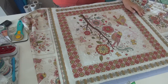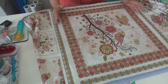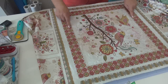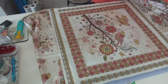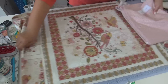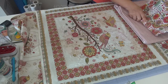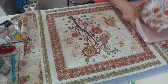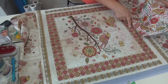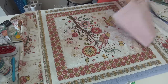Okay, on the panel for this particular quilt, for my fabric line Birdsong, the panel is a square, and we are going to bring it down a bit and just work with getting the first row of flowers. And then after that will be this pink strip next to it. And the reason why I think Wendy designed it like that, because I would probably have done the same, is that way when you have the edge of the star point against here, it doesn't blend in. But you could just cut with both of these, and then the edges of your star point will touch that fabric. So if you want to do that, you can, but I'm going to use the separator strip,